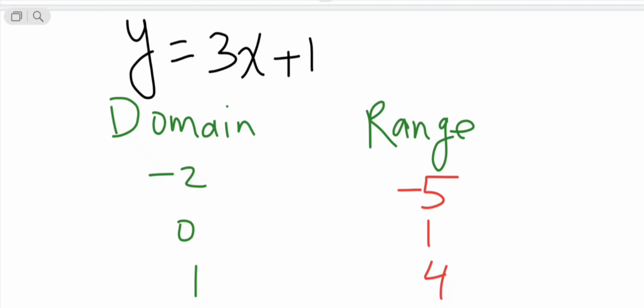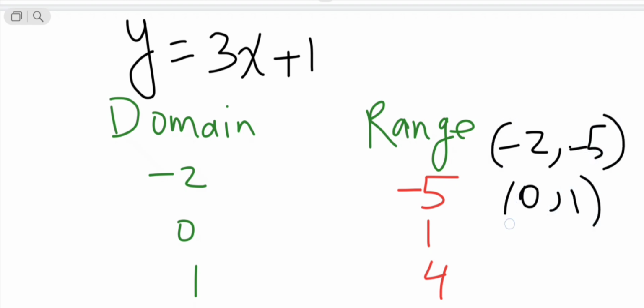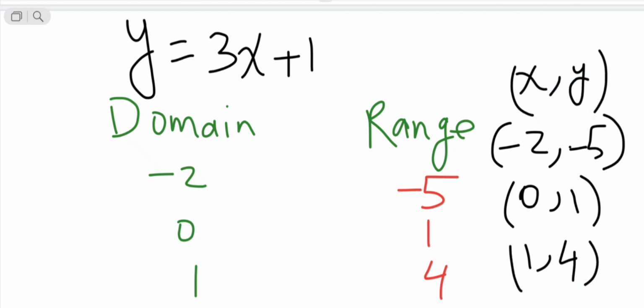Sometimes it is given like this, let me change the color, just a minute. -2, -5, 0, 1, 1, 4. You know, x and y, we always write the coordinates like that. So these are values of x, domain, and values of y, range. I hope it is very clear for you about domain and range. Okay, the next step,